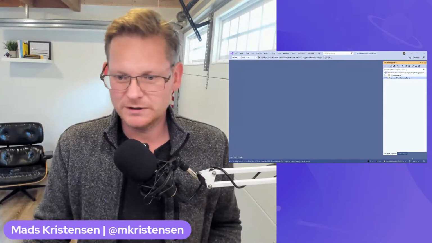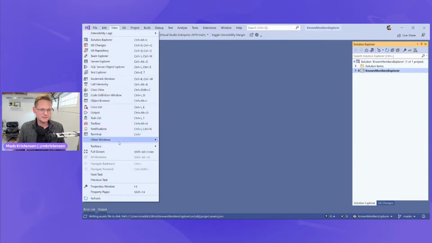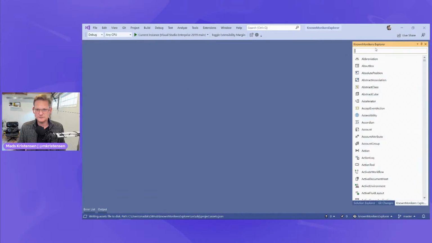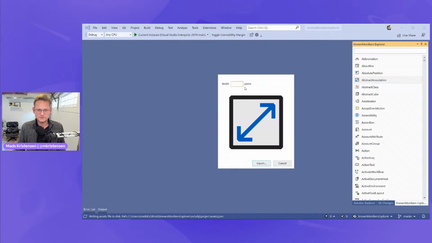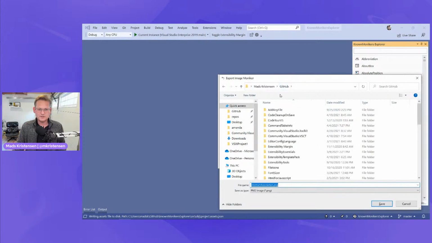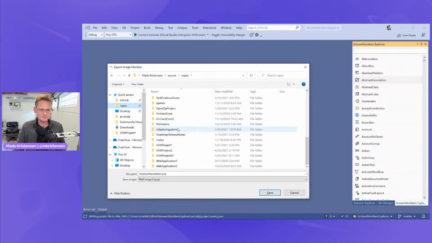What happened to my known monikers explorer? Didn't I just show it? I was just going to grab an image. Oh, here it is. This is a fantastic, beautiful one. So let's do a 90 pixel one of that. What did I even call this? This was called V6 Project 2, I believe.